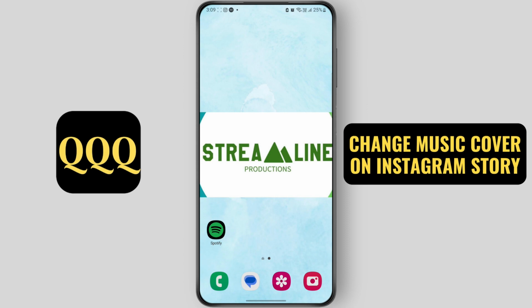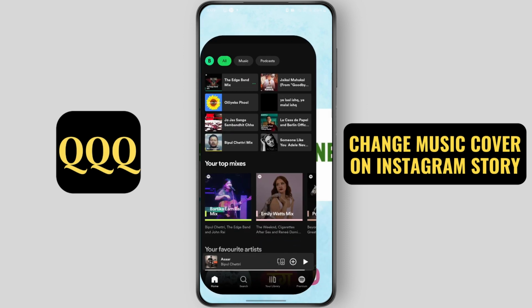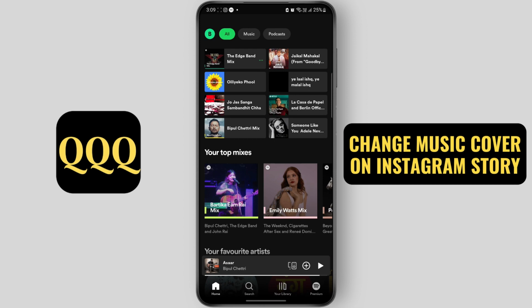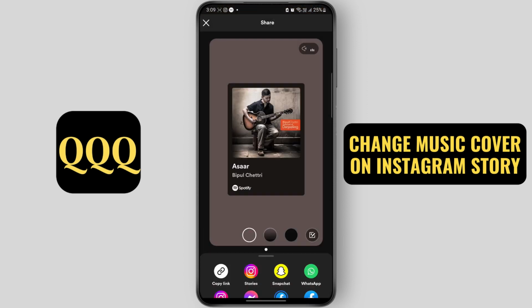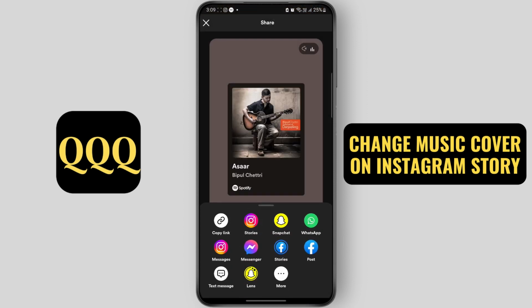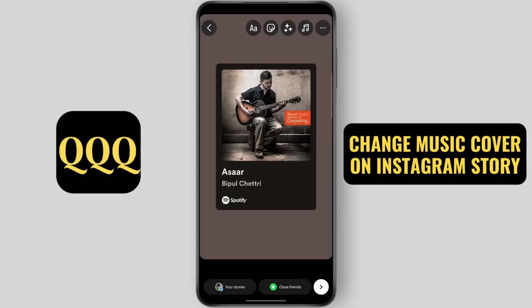So let's begin. First, open Spotify, select the music you want, then tap on the share button. From all these options, tap on Instagram stories, then tap on the sticker icon,